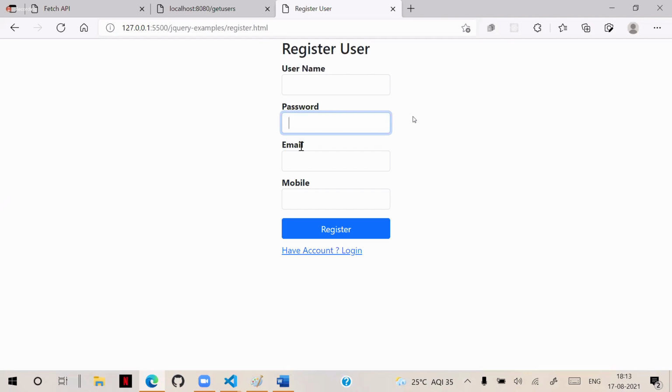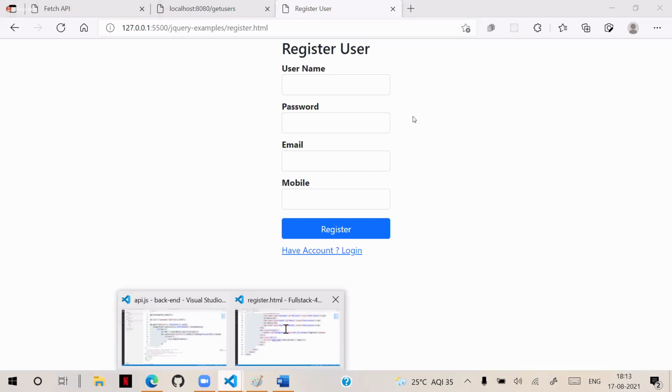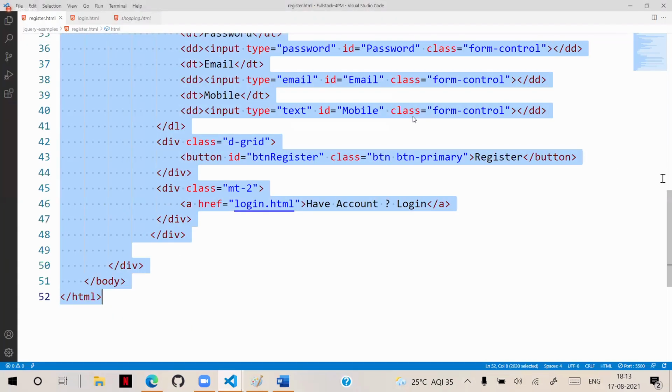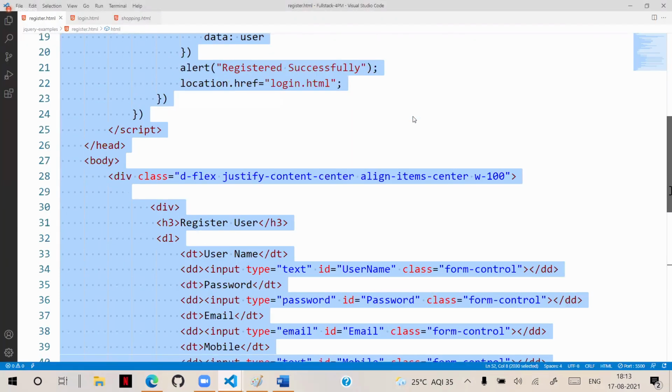So it's your wish, you can add it as an extra. You don't need to do that in the database. You can just write it here and we can verify it while registering. Generally, we have to write some extra field.